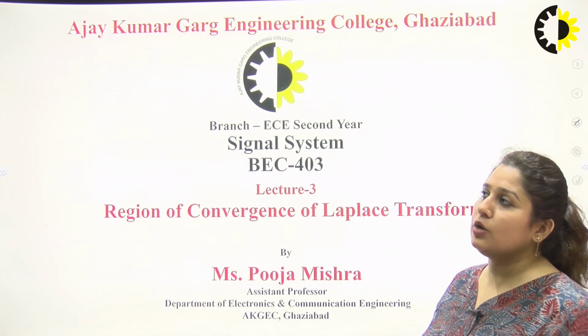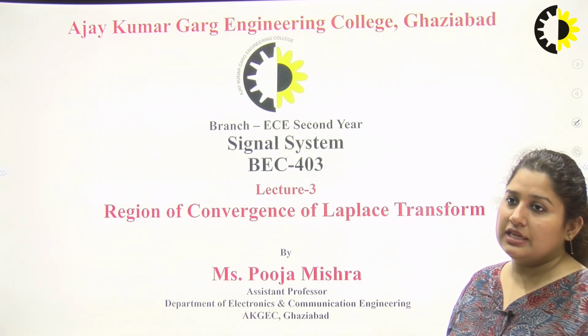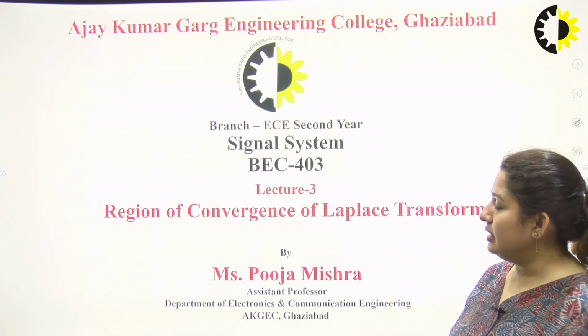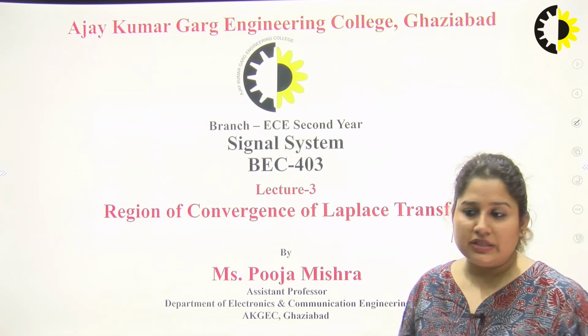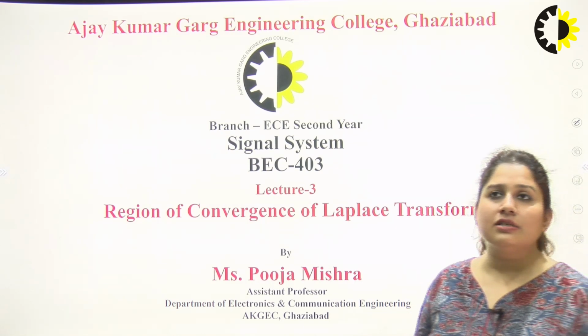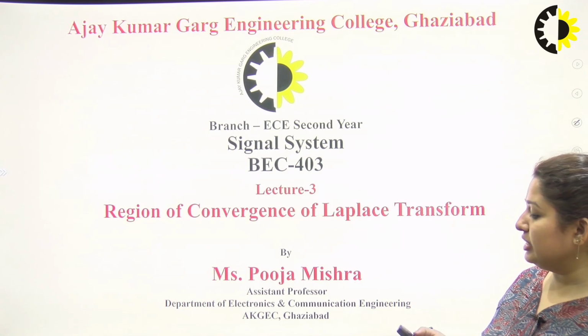Then we find out if the signal is a right sided signal, the denominator becomes greater than or equal to 0. If the signal is a left sided signal, then the denominator becomes less than 0, and in that way we can easily find the region of convergence as real of s greater than minus a or less than minus a for the case of exponential signals.